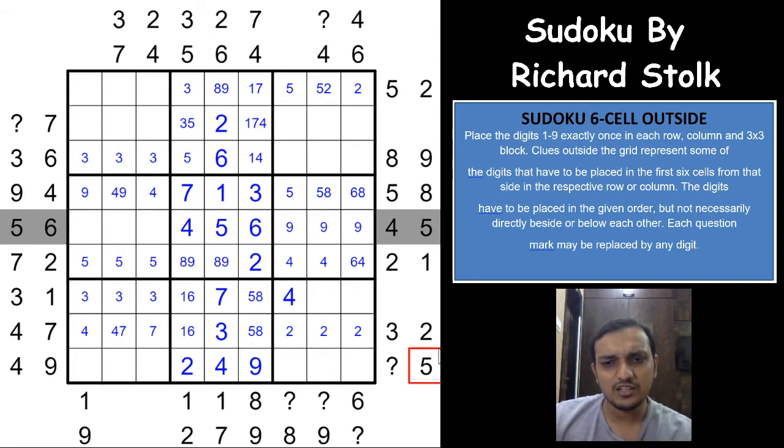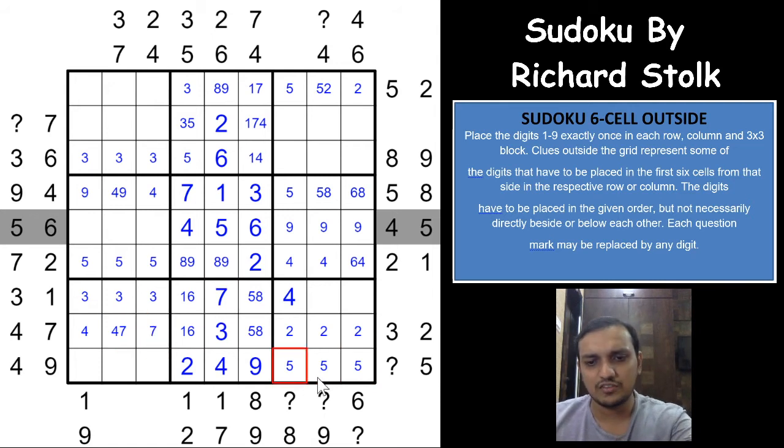So which means that for this clue 5 cannot be in any of these 3 cells, so 5 would have to be in one of these 3 cells, right? Nice. And with the 7 being in one of these 2 cells and 7 here, you get a 7 here as well. And again with the 3 here and 3 here, you get a 3 here as well. Superb. So you get a 5 7 3 triplet, which means that these 3 digits would have to be 1 6 and 8. Nice.